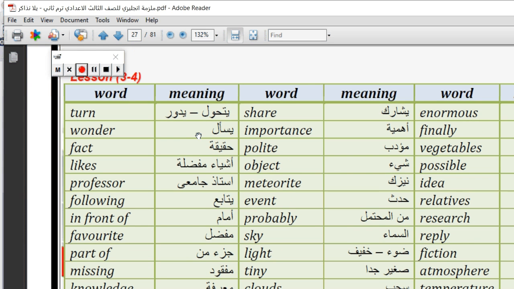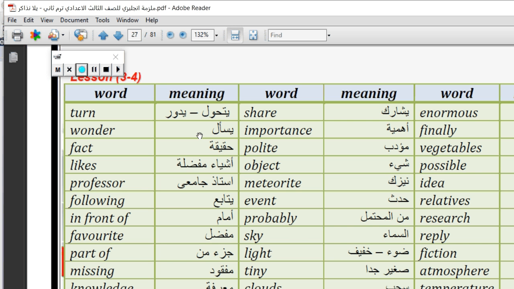Lesson 3 and 4. Try to repeat after me. Turn, wonder, fact, likes, professor, following, in front of, favorite, part of, missing, knowledge.